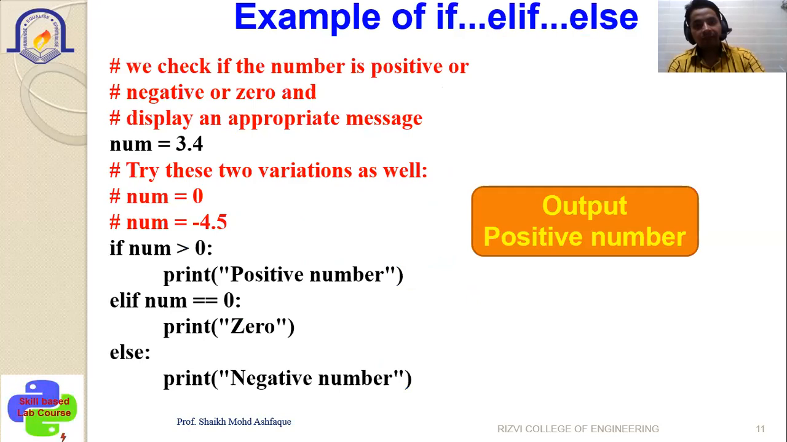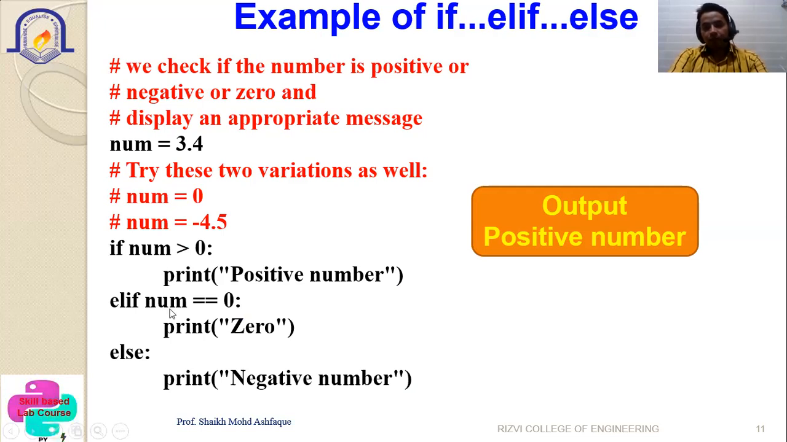Simple example, you can see it. num is equal to 3.4. Here the number is declared. If num greater than 0 colon, press enter, indentation mark, that will be the part of your num greater than 0 expression, print positive number. Then elif, which you have written just below the if. So once num greater than 0 becomes false,